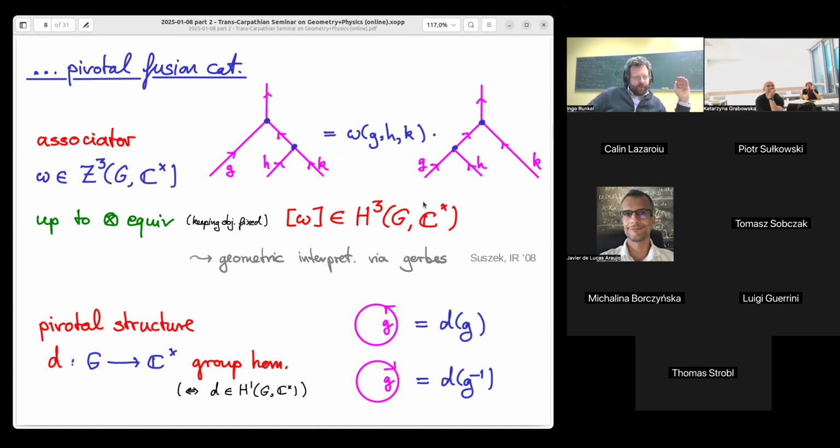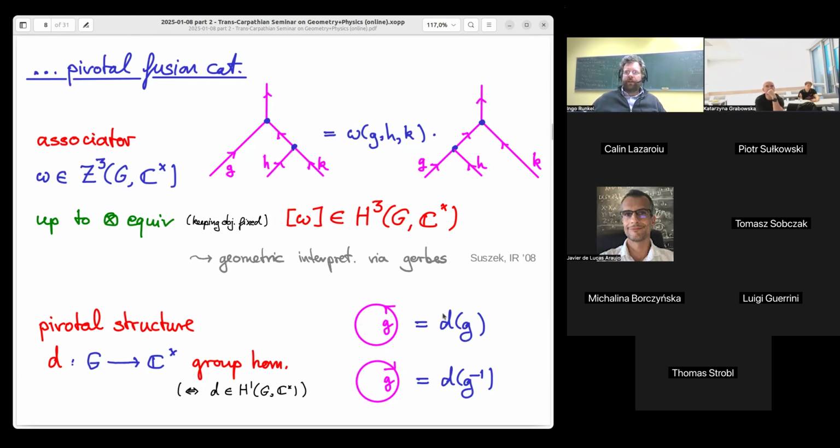If you do these WZW models, then if you take a Lie group, then this G would be the center of the group, and this co-cycle you can compute gerbe theoretically from geometry. So you can get this from geometry, but I will think of this representation theoretically. So I will get these as algebraic data. Okay, so that's one piece of information, but there's also another, which is: if you make a little loop of your defect and shrink it to a point, what number do you get? And that's called the dimension, the quantum dimension of that object.